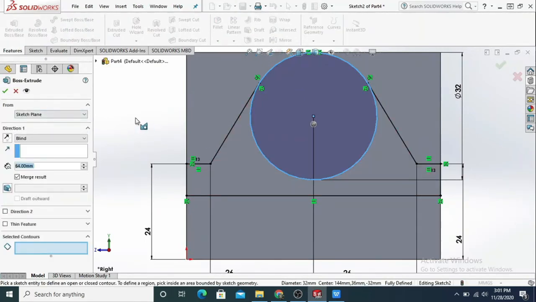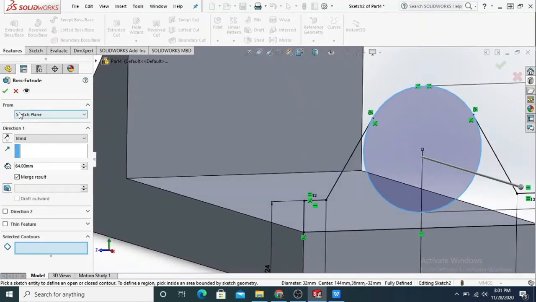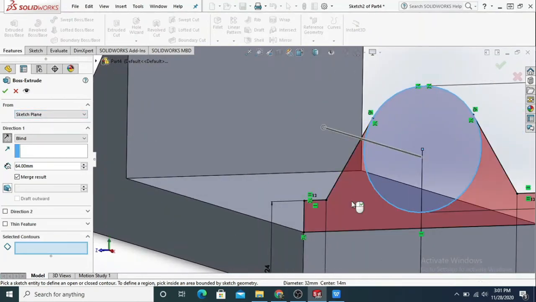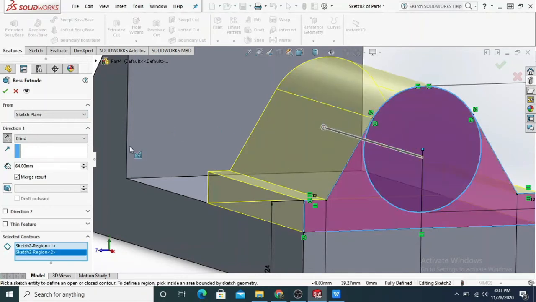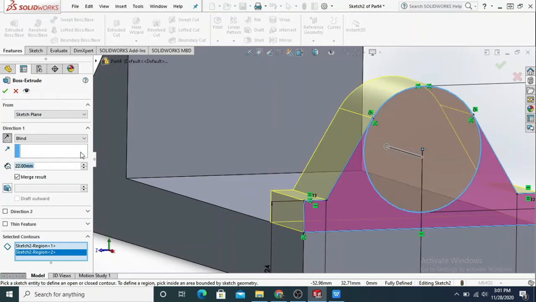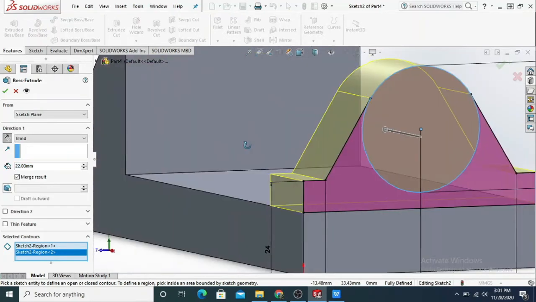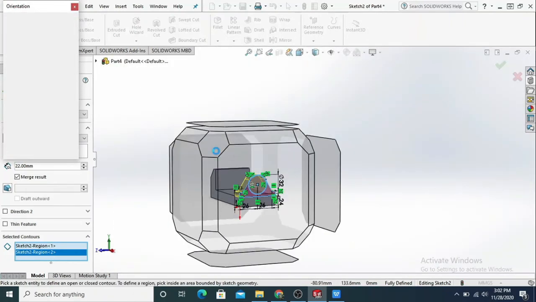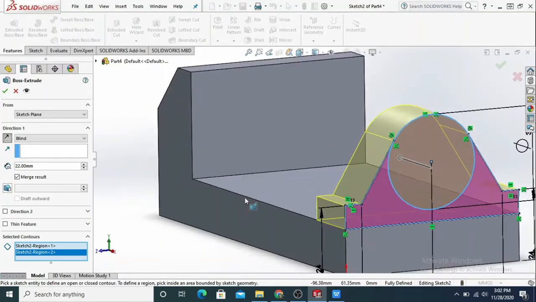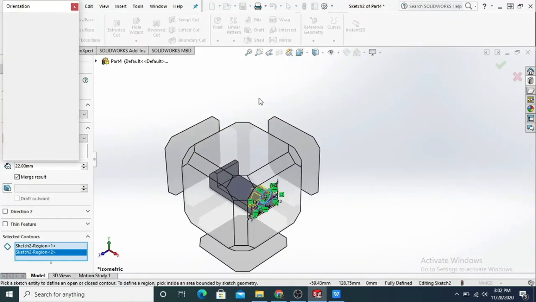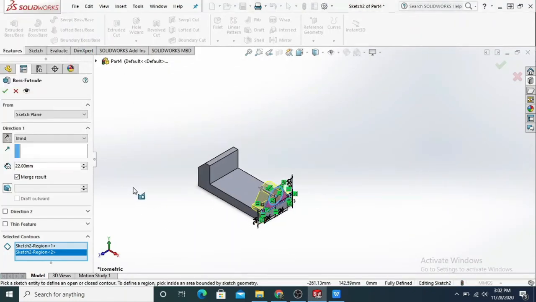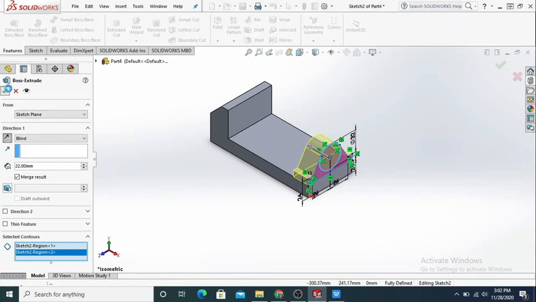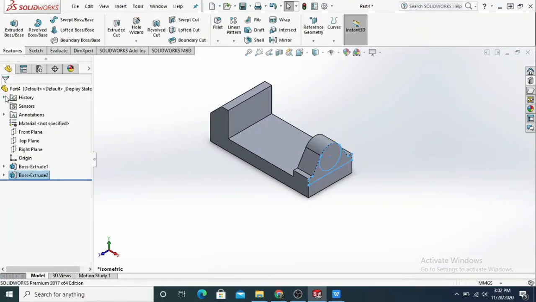After that we extrude the size. So we select the region that we want. For this one I will select the circle and the region area. Then we try to show it from the isometric view. After we extrude the size based on the size we want,